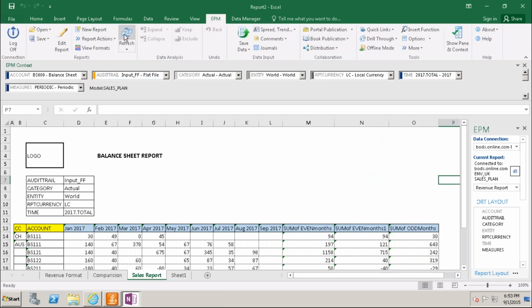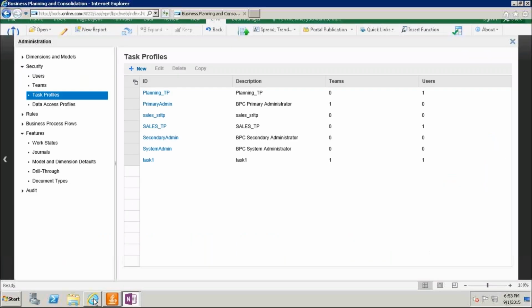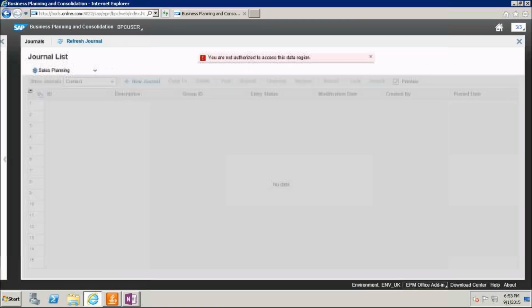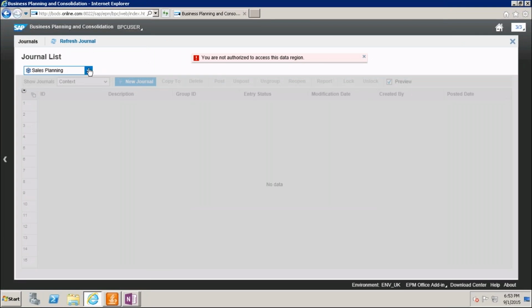Refresh and journals. Go to here. You are not authorized to access this data region. Sales planning, refresh journals. Journals are not enabled.